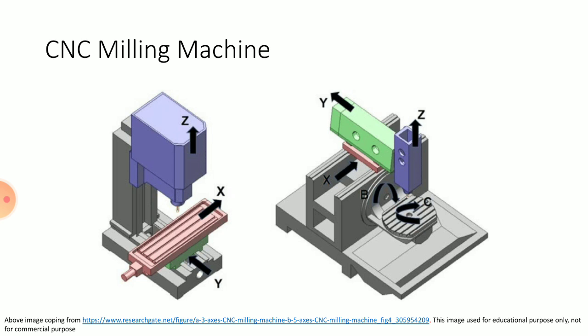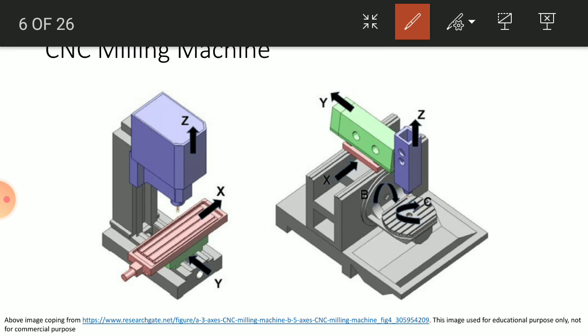Now this is the milling machine. In a milling machine, as you know, or as we studied in a previous semester or previous year, there are three axes, that is x, y and z. So first of all you have to know the difference between the lathe machine and the milling machine. A lathe machine operates only on two axes, and a milling machine operates on three axes. That is the main difference we have to remember. We can perform operations on a lathe machine in two directions, and on a milling machine in three directions.